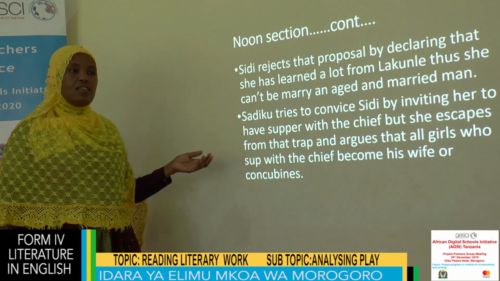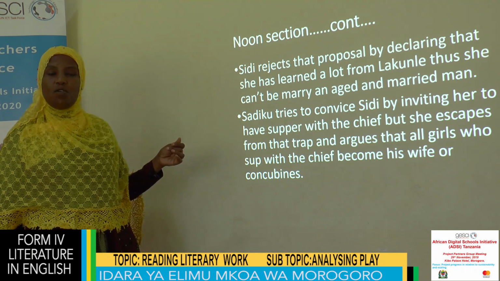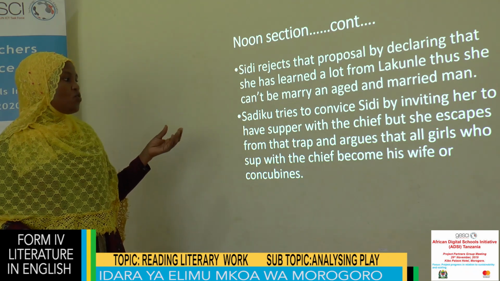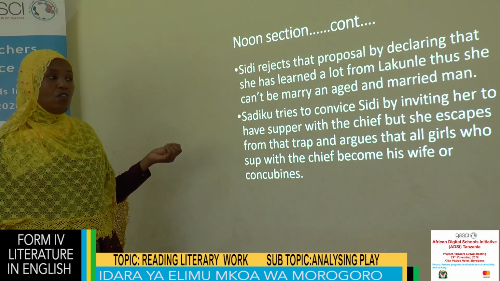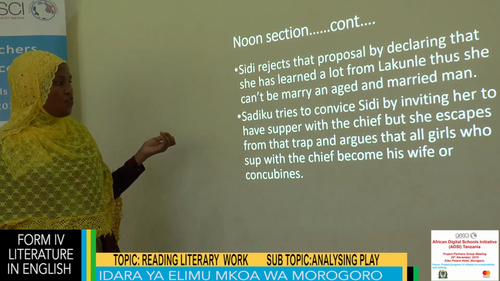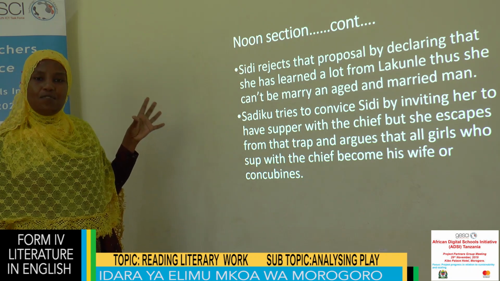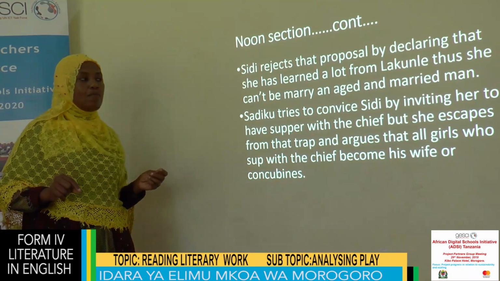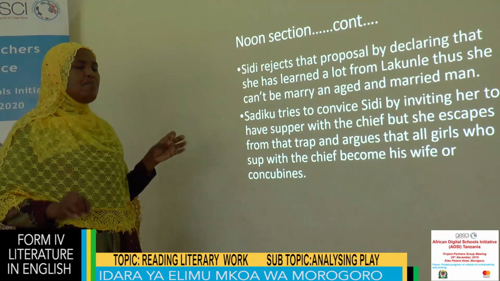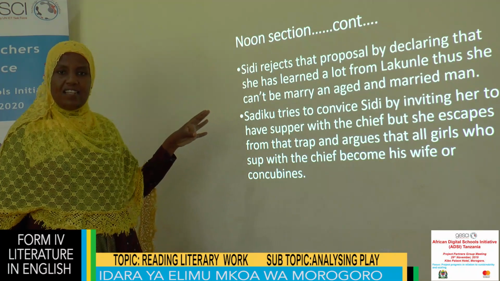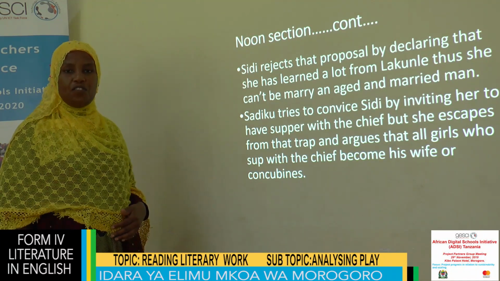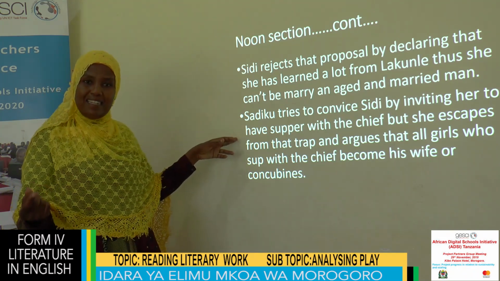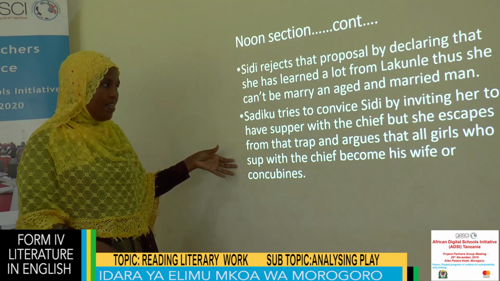Now we see Sadiku, the eldest wife of Mr. Baroka, trying to convince Sidi by inviting her to visit Mr. Baroka, to visit the leader, just to have supper with him. Sadiku is employing some tricks to convince that girl: even though you have rejected the proposal, and don't want to be married to that man, at least you can visit the man